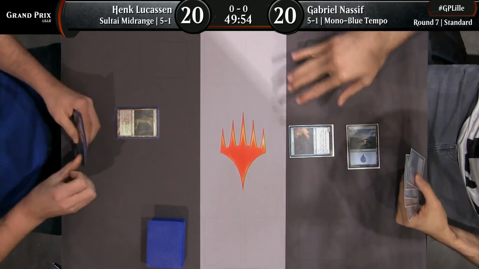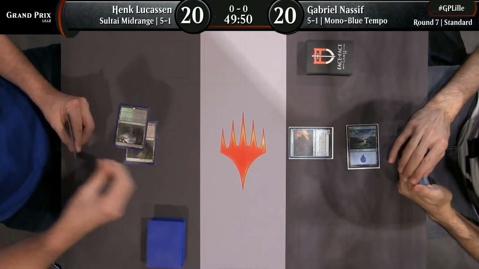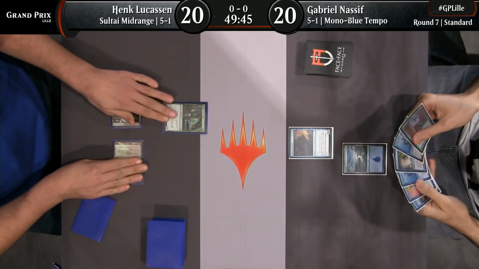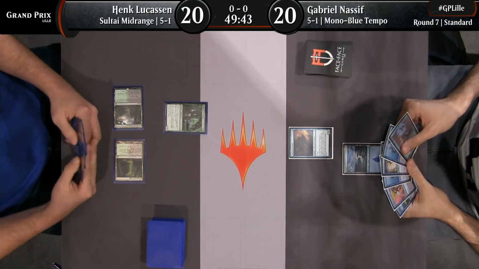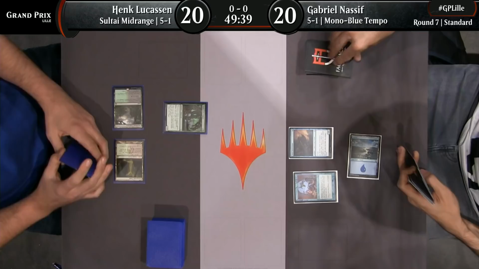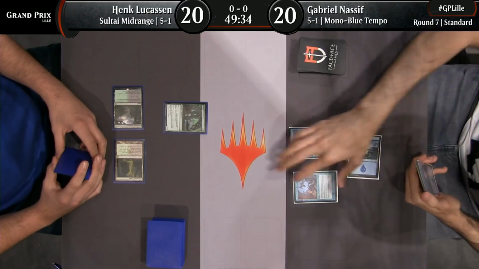Starts things off with a Siren Stormcaller, and that means he's going to be the one early on dictating the tempo of things as a Wild Growth Walker comes along. Fantastic on the ground, but will not do very much against the air force deployed by this mono blue tempo list. Opt coming along on turn 2 for Nassif, signaling that potentially he's kept a hand that's maybe a little